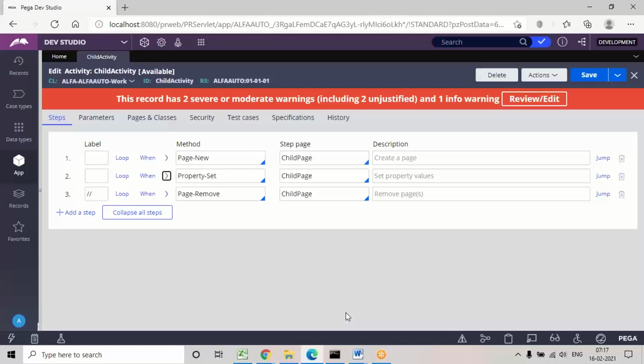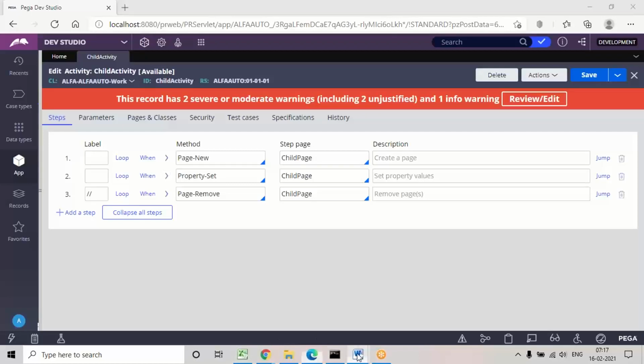Sometimes if we are unable to get the results and check them in the clipboard, then we can get the step by step logs. What tracer will do is give the detailed step by step logs. In which step the issue is there, it will show, and it will also display some errors. So how to use the tracer, let's see.